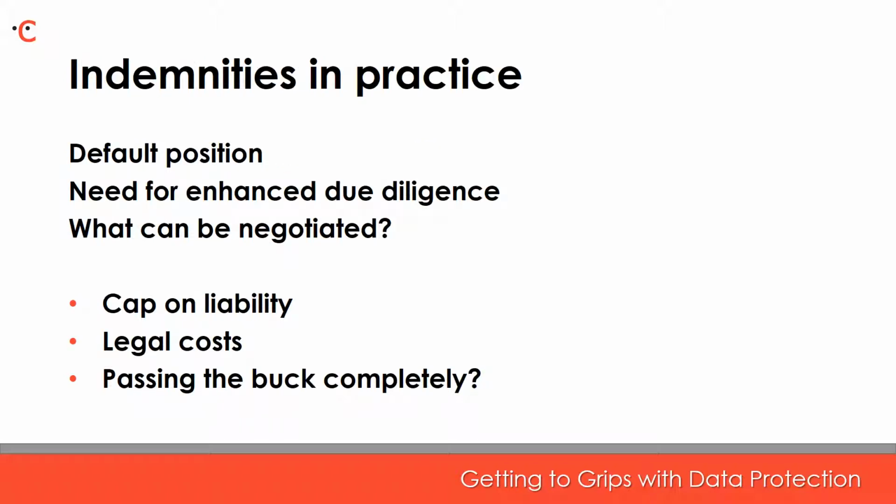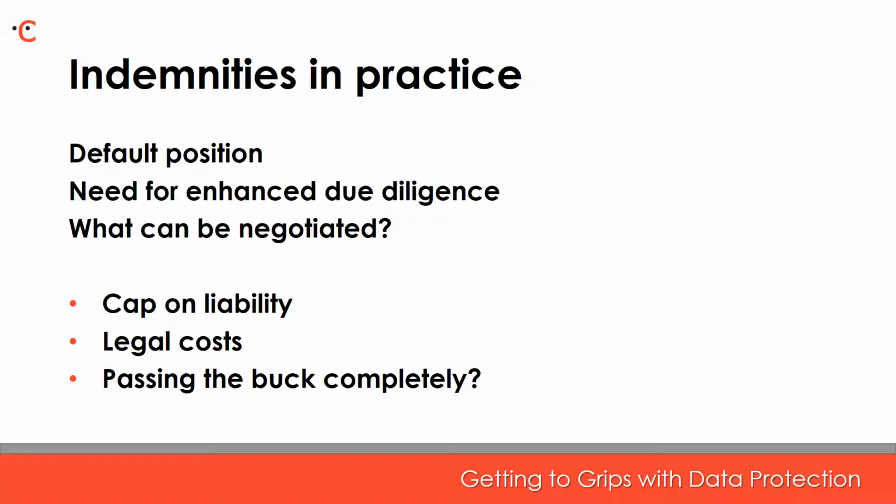I'll turn now to talk about indemnities in a little bit more detail. Esma explained why they're potentially beneficial in a contract that involves data processing. Now, I'll first consider the default position. Although the GDPR introduces joint and several liability for the entire loss, if either the data controller or data processor is entirely blameless, they won't incur any liability. In order to claim against either the data processor or the data controller, you have to show they're at least partly responsible, even if not responsible for everything.